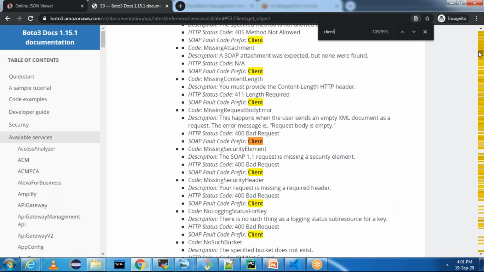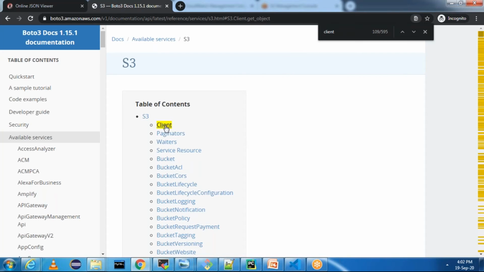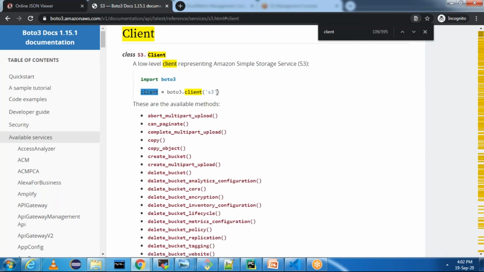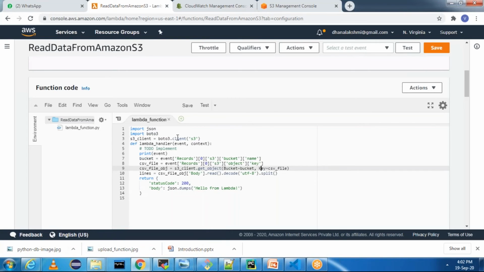If you go to the start, you should be able to see this easily. Click on S3 client. This is how we need to create the client object: boto3.client of S3. Same thing I have mentioned in the Lambda function. We just copied it from the documentation.